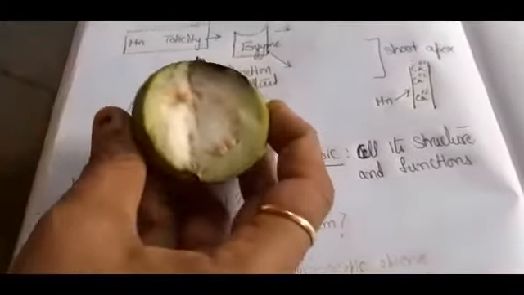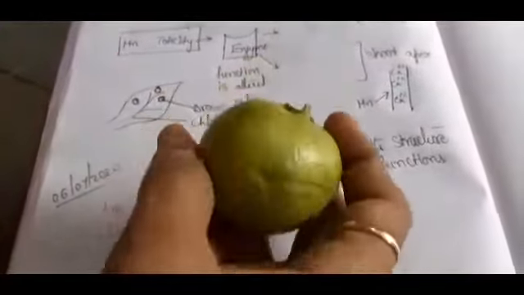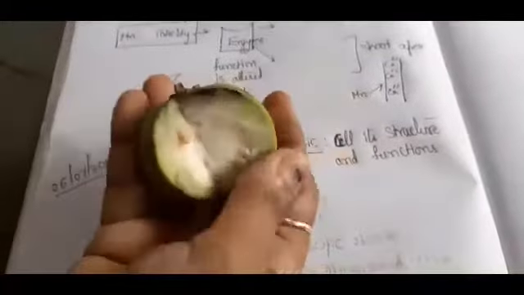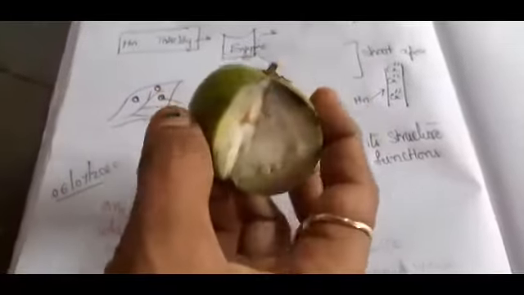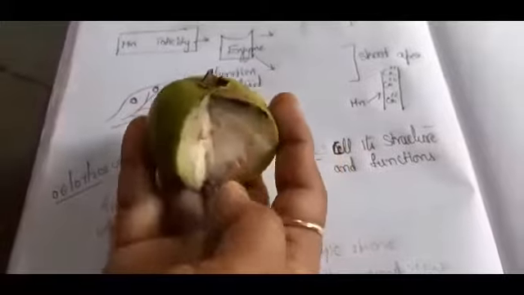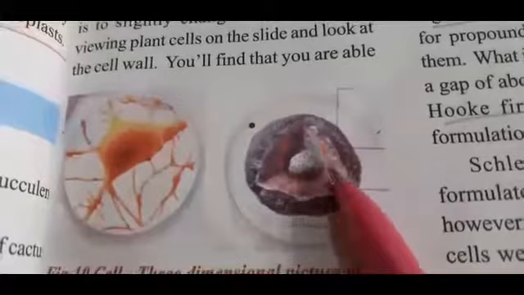this is a fruit which I have cut, and can you see the seeds inside? A 3-dimensional view. Under the microscope you are just seeing like this, but inside also you can observe the thickness of the cell. This is one example I am giving with a fruit. If you cut a fruit and see how it appears, the seeds are inside, and you see how they are placed. In the same manner, inside the cell, you can see the 3-dimensional view.